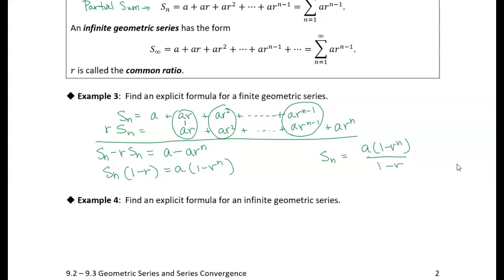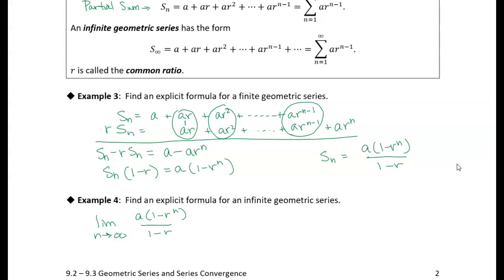So if we take what we have for the partial sum, we're just looking for the limit as n goes to infinity. So let's write that down. So we're trying to find the limit as n goes to infinity of this a times 1 minus r to the n all over